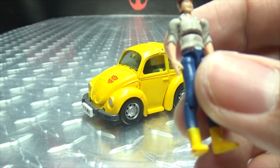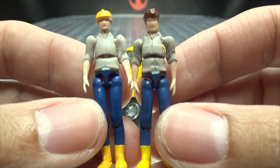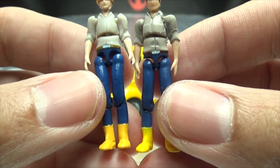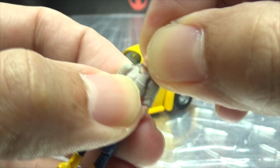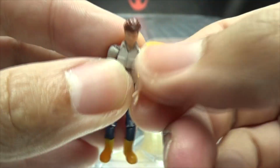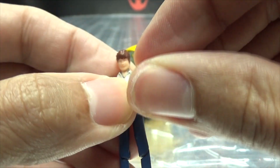Bad yellow boots. And here he is with the Spike that came with MP-44, just so you can see. They are slightly different molds. The upper body is, and obviously different heads. But, yeah. And articulation-wise, the head is on a ball joint. You get a little bit of wiggly-wagglies, rotation, up and down. Shoulders are on a ball joint, so they can rotate and pop off, because they're very small ball joints, but